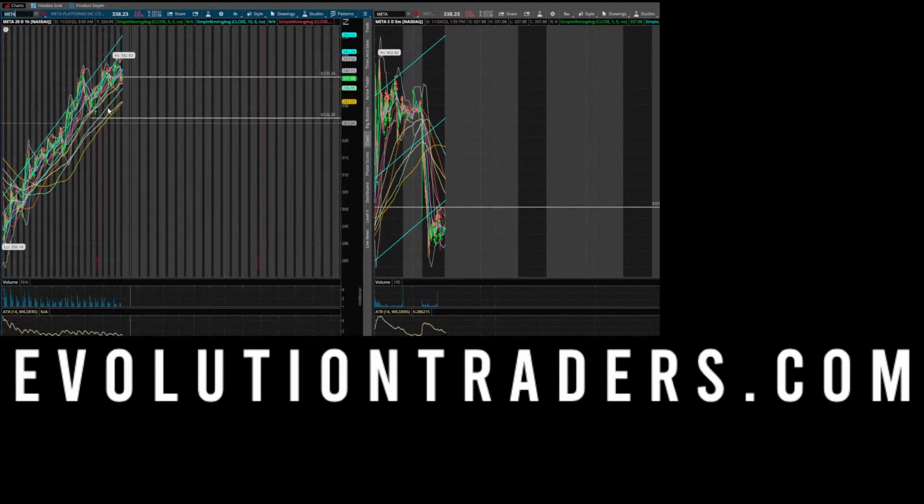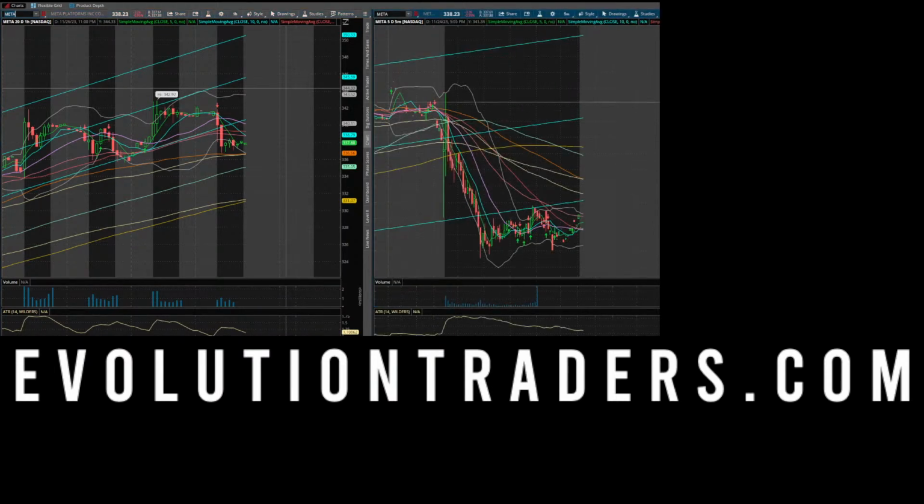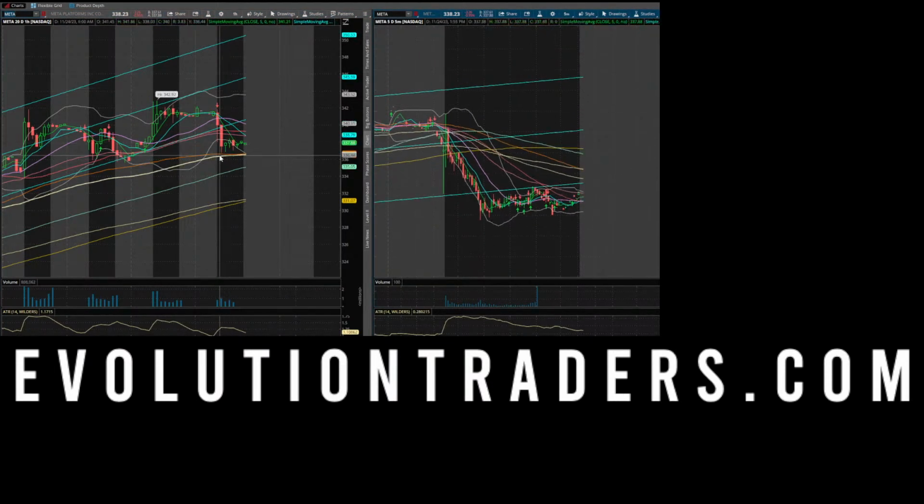Let's look at Meta really quickly. Meta is kind of having a little bit of a back test here, resting on support. I'm going to take some of these old support lines that I had on there. What I would be looking for here on Meta, if Meta starts to crack below this 336, right? If we start to crack below 336, we've got room to 335. I would need to see something in the pre-market, either break this level and then push higher and then confirm it. It's only got about $1.